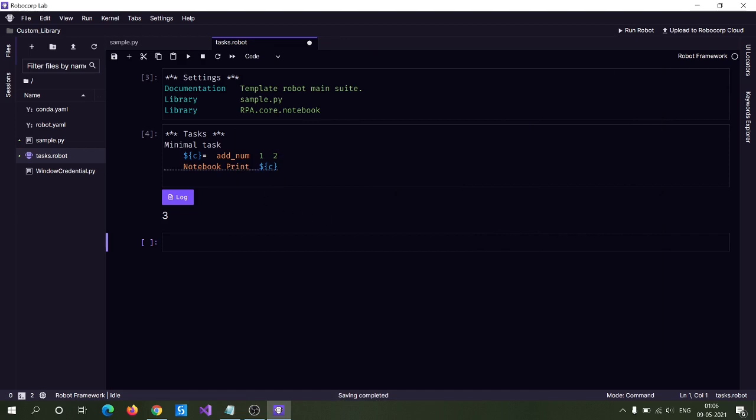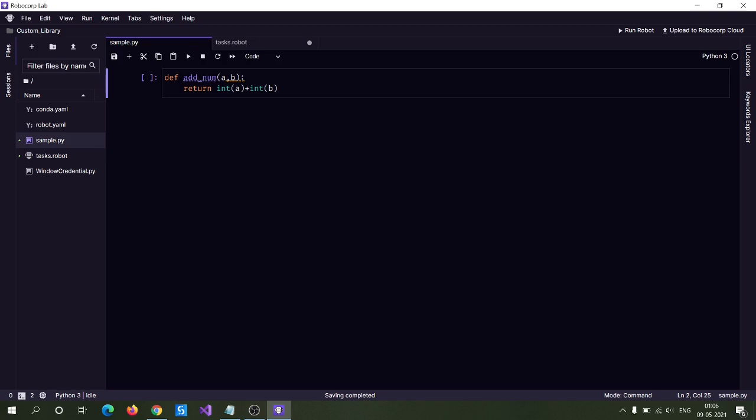So this is about how you can create a custom library using Python code and then use it in Robocorp. Also, since here you have the add_num function, you can add many functions under this sample.py library itself.